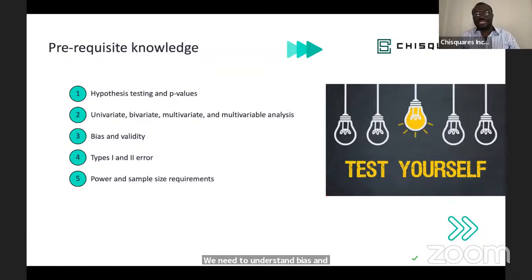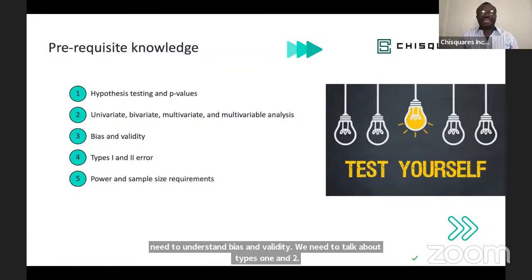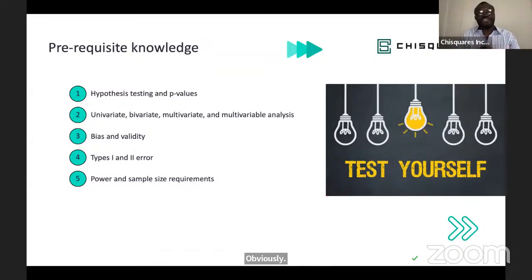And we need to talk about power and sample size requirements, because obviously regression analysis is part of inferential statistics. That means that we want to make inferences. And for us to make those inferences, that assumes that we have enough power to make those inferences. Imagine a research being like a spacecraft going to the moon, and the sample size is like the fuel in that rocket ship. Obviously, if you don't have enough fuel, you can't get to the moon, right? So if you don't have enough power to fuel your hypothesis, you won't get the results you desire, and you might end up coming with the wrong conclusion and misleading all of us.